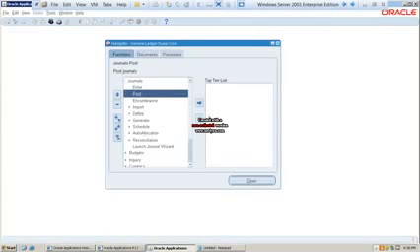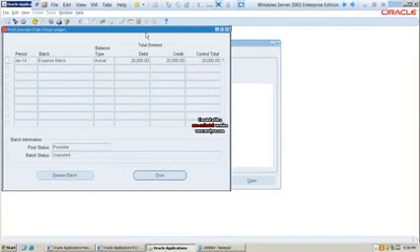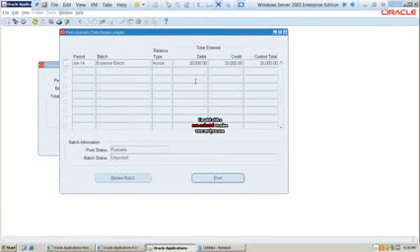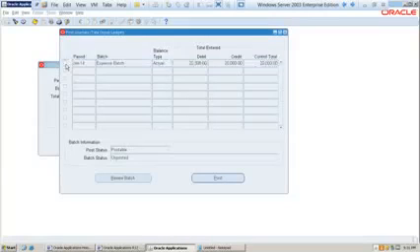The other way of posting is what? Journal post. Go to the navigation called journal post. Say find. Whatever journals which got entered, which you saved, which are awaiting posting, all of them will be displayed here. Here only the expense batch is awaiting posting for the January period. Highlight it, click on post. The entry will get posted.